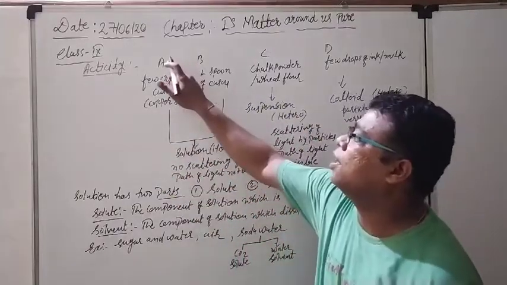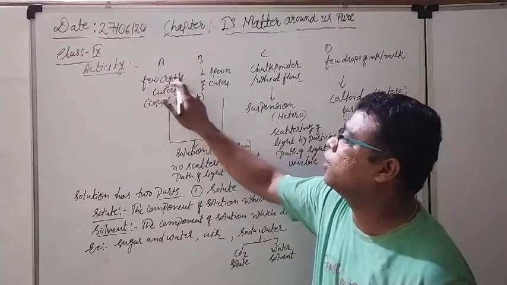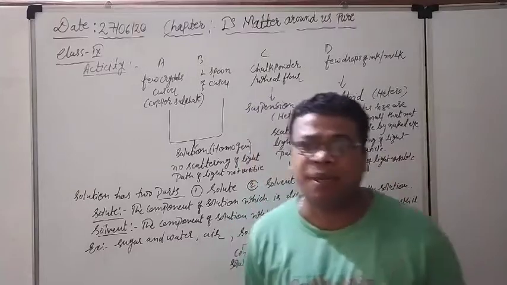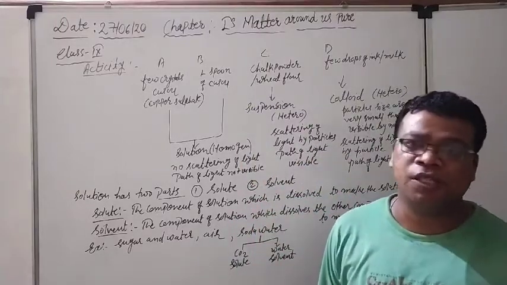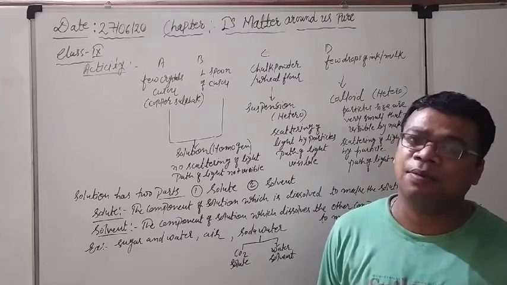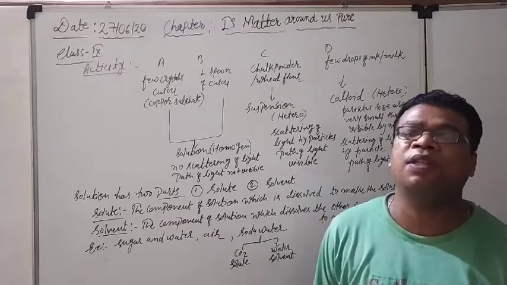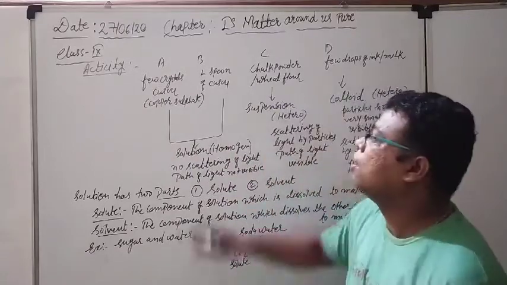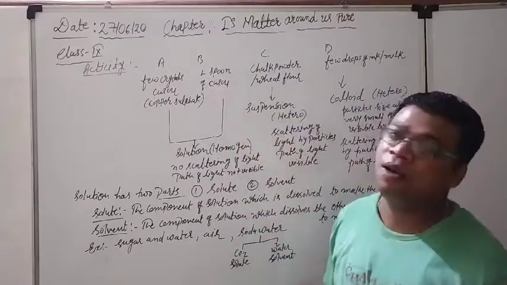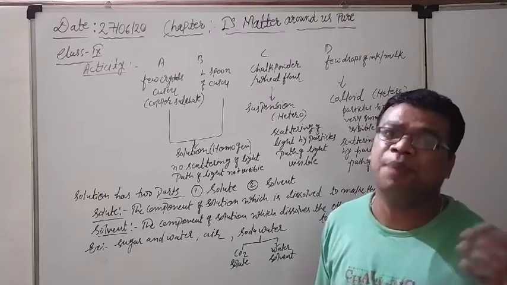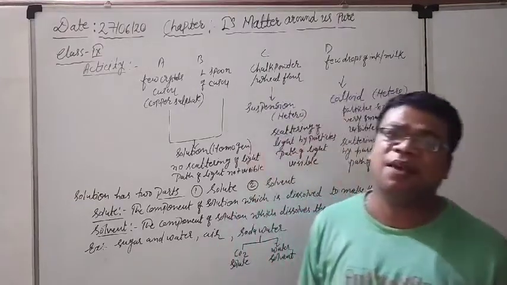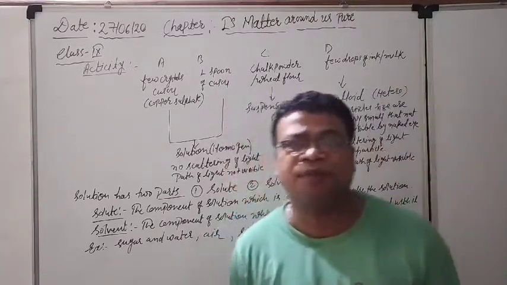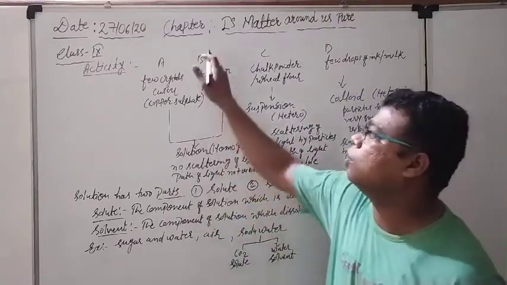With group A we have to distribute a few crystals of CuSO4, meaning copper sulfate. Copper sulfate is a chemical, and the crystals are available in the market, and it makes a blue colored solution when it is dissolved in water. So a few crystals of copper sulfate we have to give to A. After that, 1 spoonful of copper sulfate, or you can say 1 spatula. Spatula means the same, a spoon like that. So 1 spatula or 1 spoon of copper sulfate, the same thing we have to distribute to group B.